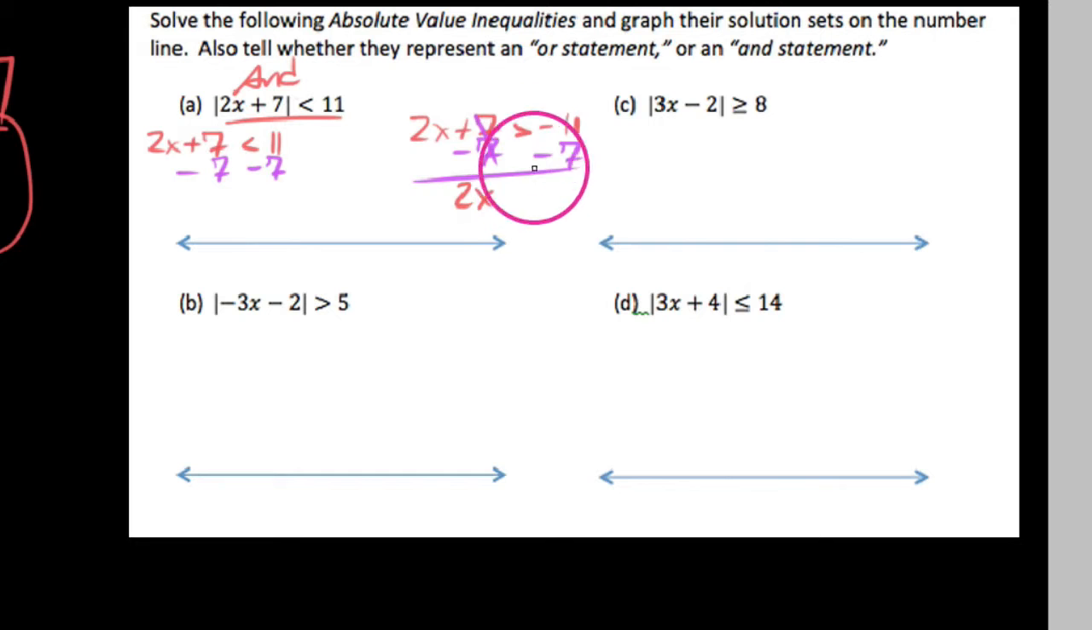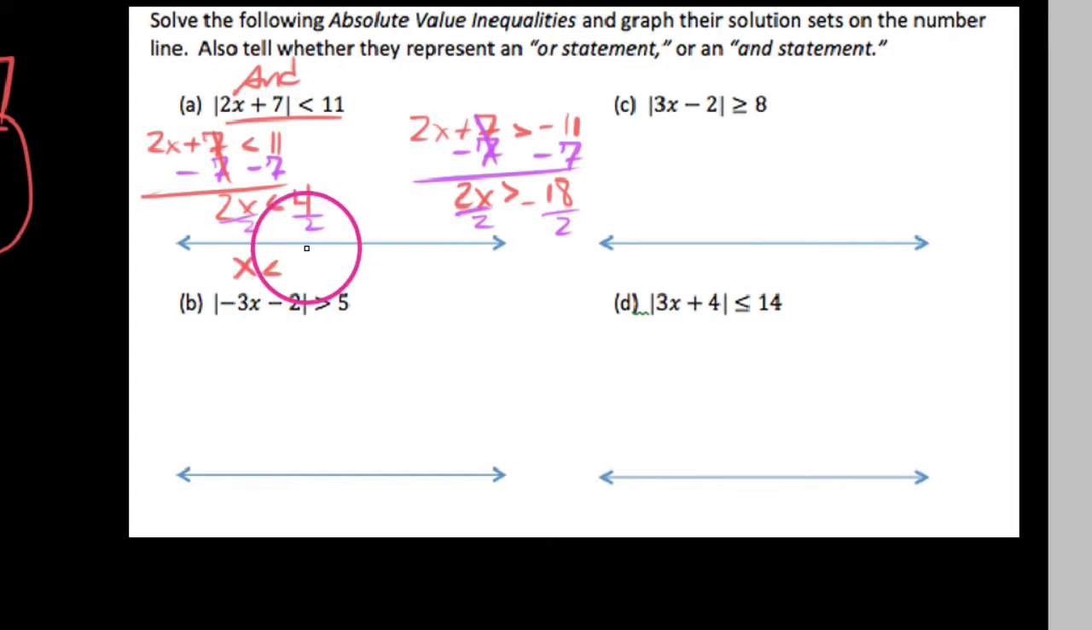And I get this, 2x is greater than negative 18. And on the left side here, we say 2x is less than 11 minus 7, which is 4. So now if I divide by 2 everywhere, we get this. We say x on the left is less than 4 divided by 2, which is 2. Now I don't need to switch this inequality sign because we didn't divide by a negative. And same thing over here, x is greater than negative 18 divided by 2,